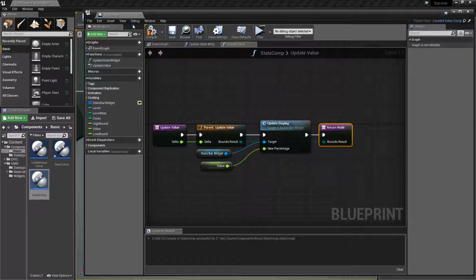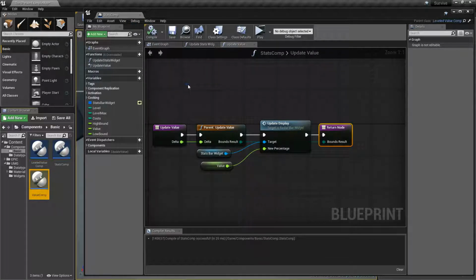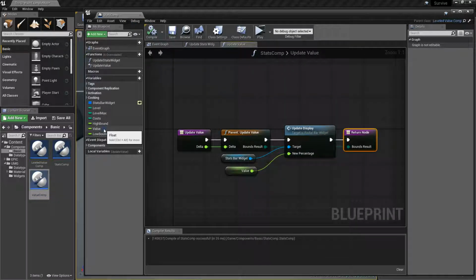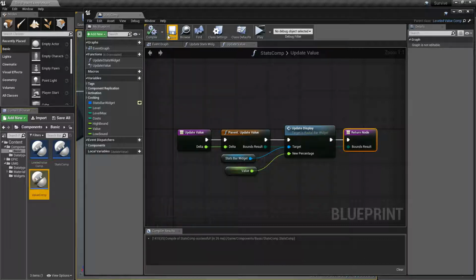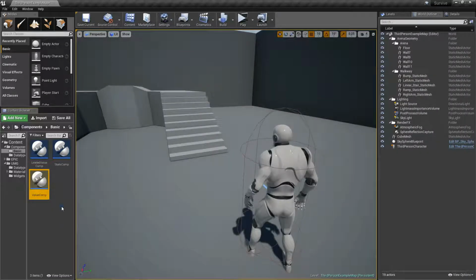So now a simple call to update value in this class will automatically make the stats bar widget update, which is good. That's what we want. And now that is done,